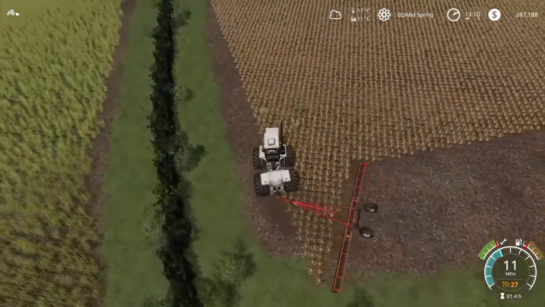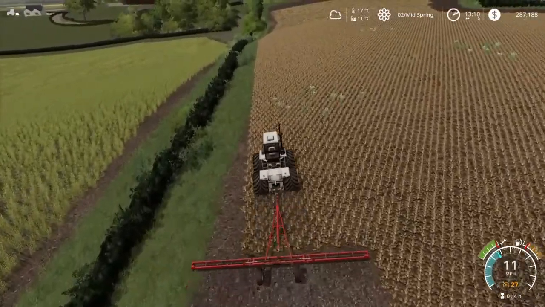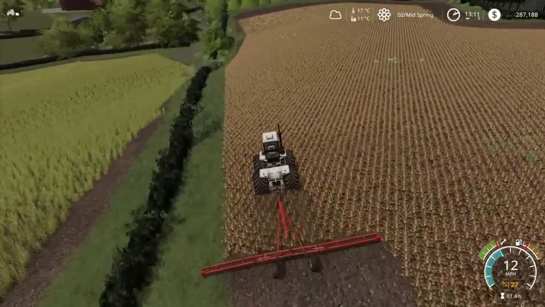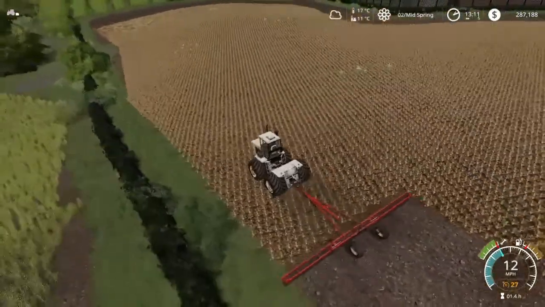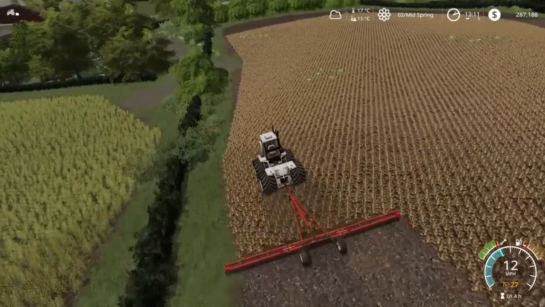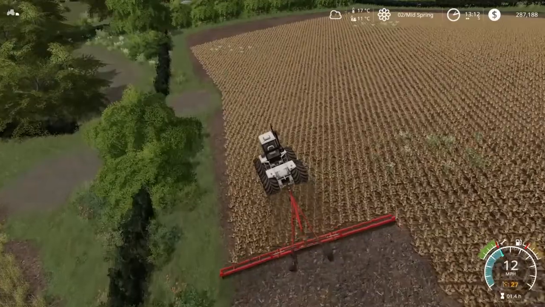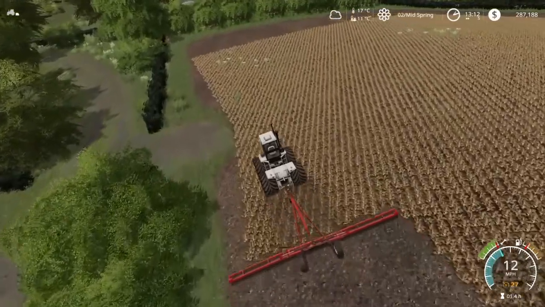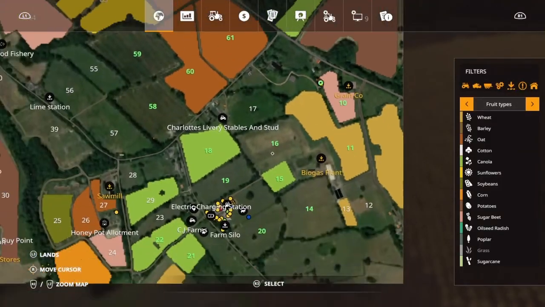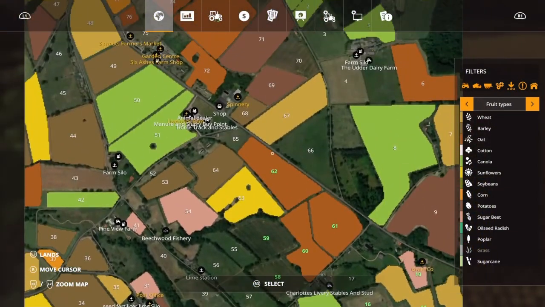I think with this field that we're in right now, I might go over it with fertilizer before we put a crop in here. I'm going to be putting sunflowers in this one, just to go along with the others. So we will have 4 fields with sunflowers. I believe we've got 4 fields with oats. And canola, we've got 1, 2, 3, 4 fields of canola. Yep, 4 fields of